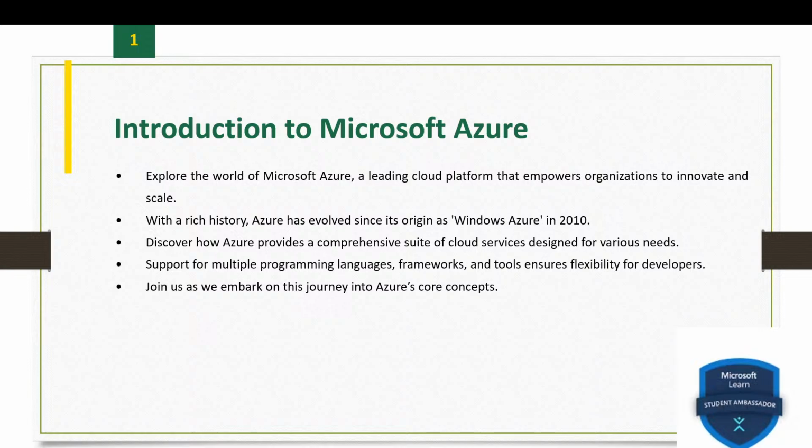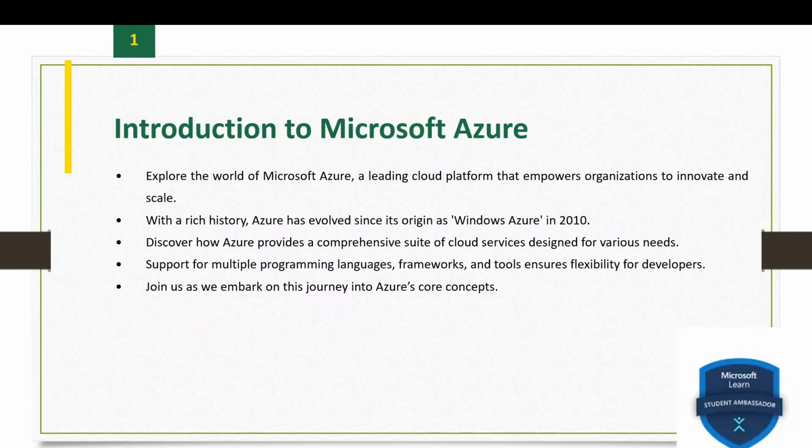Azure offers hybrid solutions that allow you to extend your on-premises data center to the cloud, providing flexibility and control over your IT environment. And sixth one is innovation. With Azure's artificial intelligence and machine learning, Internet of Things, and analytics services, you can drive innovation and gain deeper insights from your data.